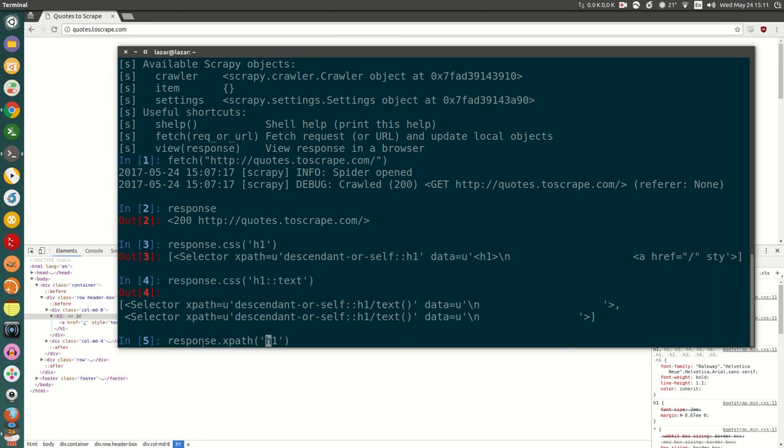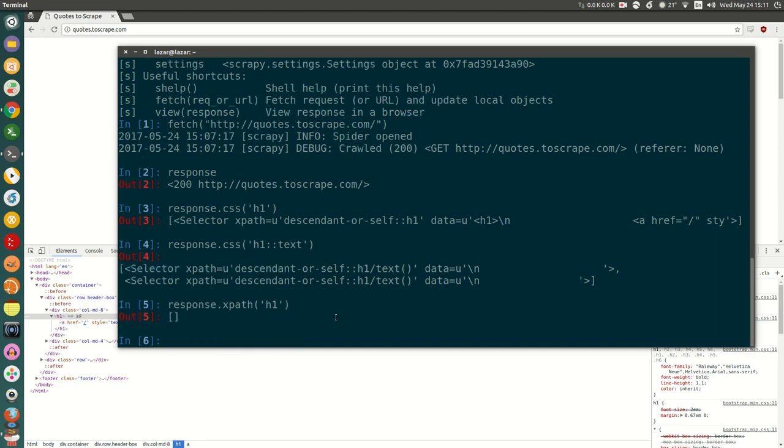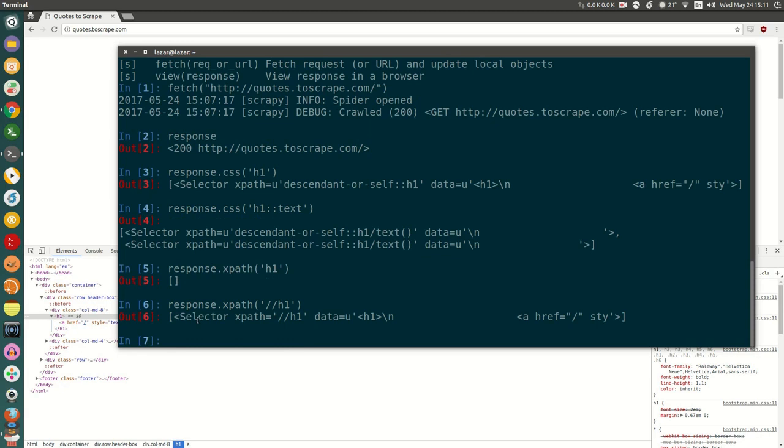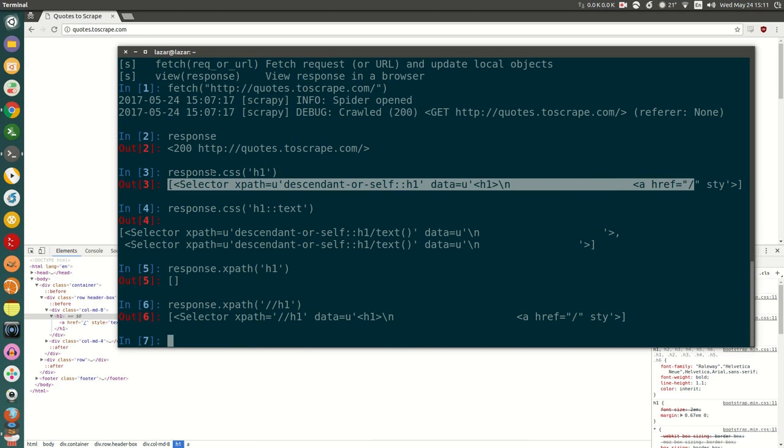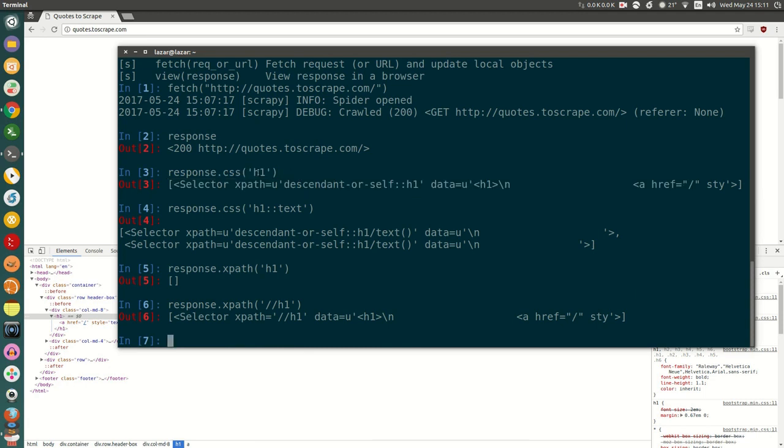So if we just printed out response.xpath and then h1, you will see that we will get an error, or really just an empty list, which is even worse in our case. So to actually get to all of the instances of the h1 tag, we type in just the double slashes and then hit enter. And as you will see, this data point, or selector, corresponds to this one. So when we type in response.css h1,